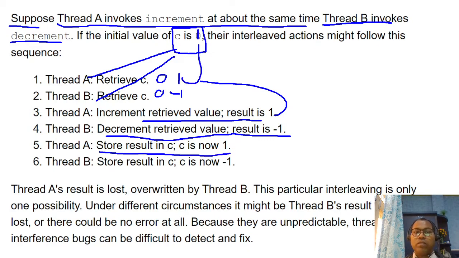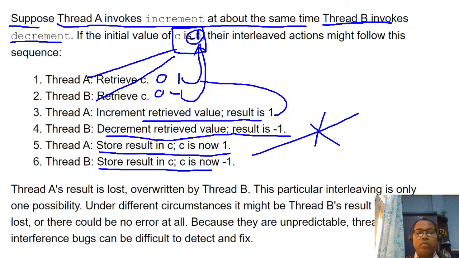But at the same time, B gets a chance and B stores its value, which is -1. So anyhow, there is an interleaved operation, and due to that you are losing thread A's result. Thread A's result is overridden by thread B, because B got the later chance while thread A got the first chance.